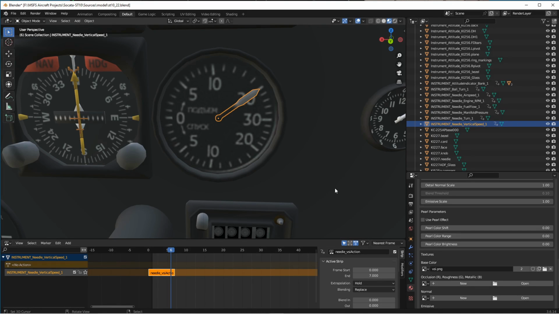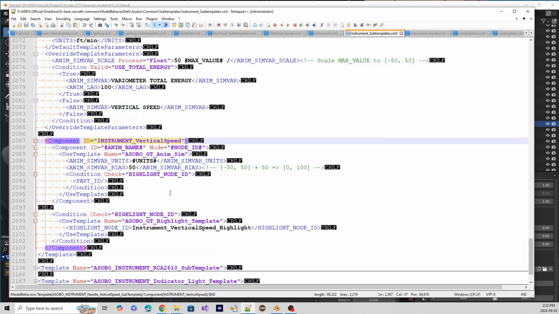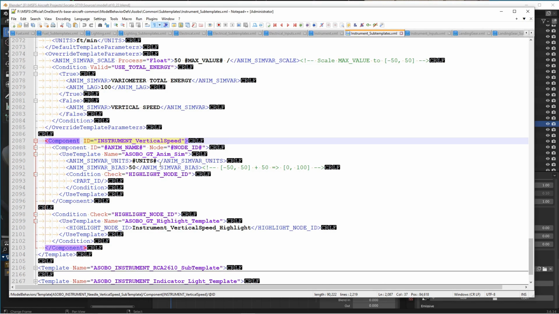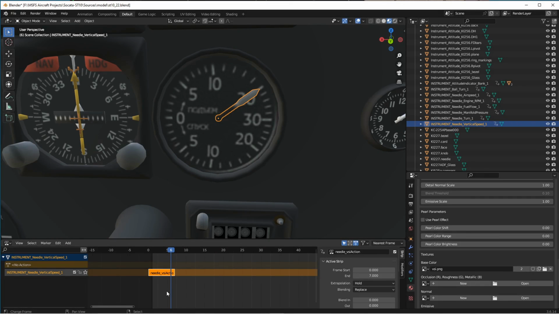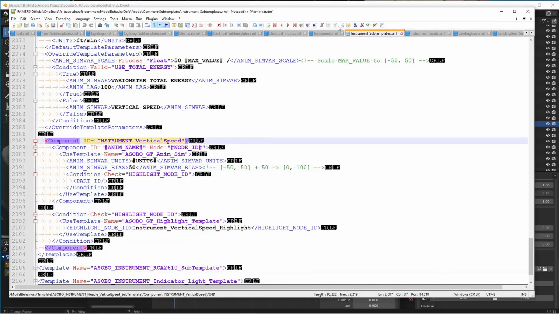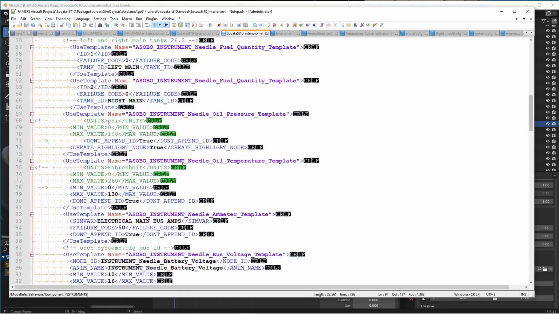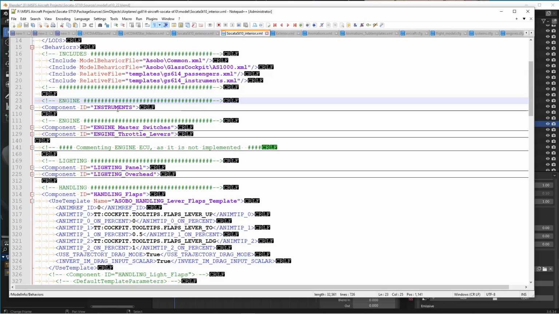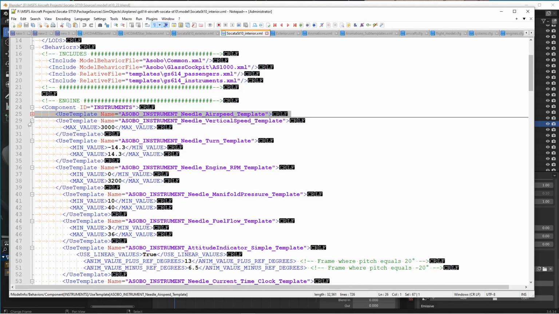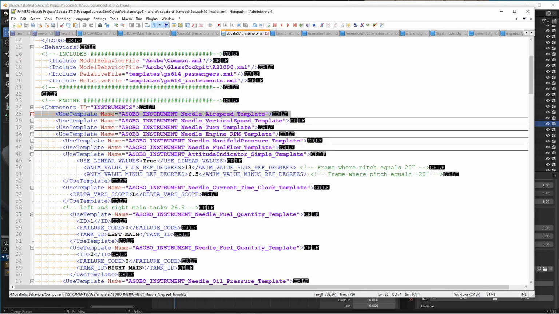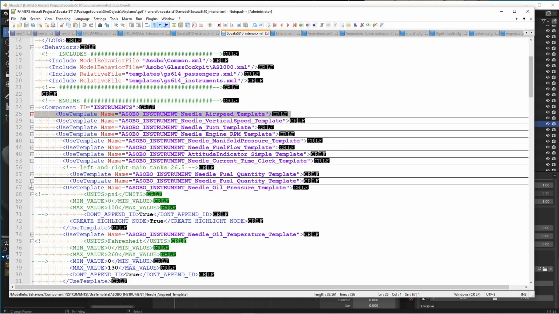So the sim avar, which is used to get this, is brought in to do the calculation of what position the needle should be. So the needle in this particular case, I just started at 0 and went from this side all the way around to the other side. Gave it a name, and then did that. What I had to do for the actual interior XML, I put everything in instruments, component, and then I just basically use the template for each one of these instruments that Asobo has already created,